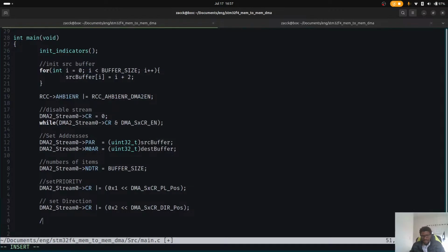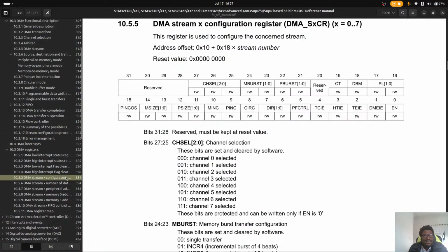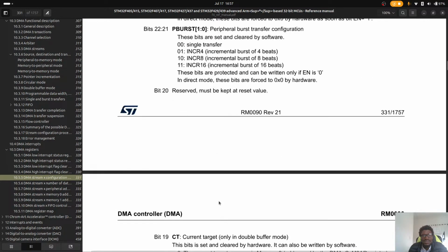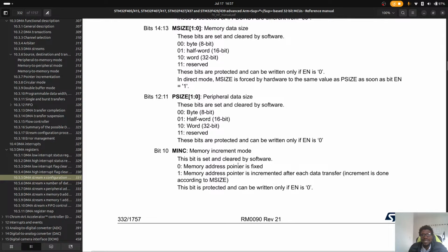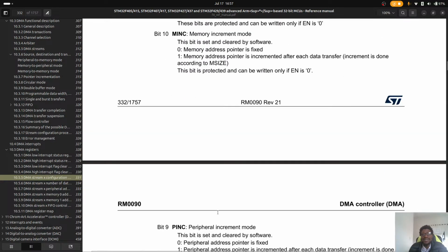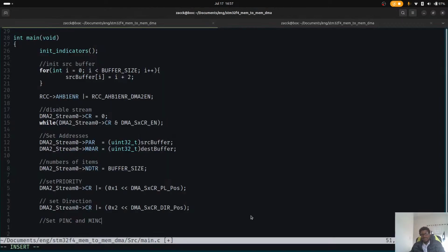So let's set PINC and MINC. These are actually the status registers that we were talking about. So PINC and MINC are memory increment mode and peripheral increment mode. So it copies from the next address to the next address. So you want it to do that by itself, so that you don't actually have to